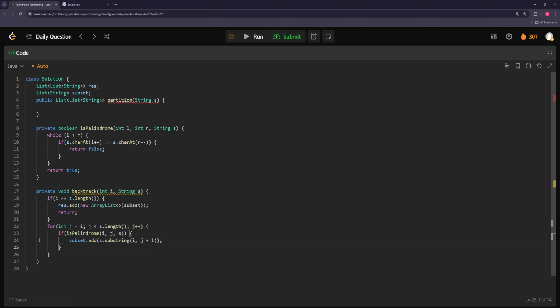Okay. Yep. So if this is a palindrome, we'll add it to our subset. We will backtrack to the next index. If we have the substring from i to j, then we'll backtrack to j plus 1. Then after we return, we need to clean this up. So essentially we're going to add our string, then we're going to recurse, then we're going to pop our string. So we'll say subset